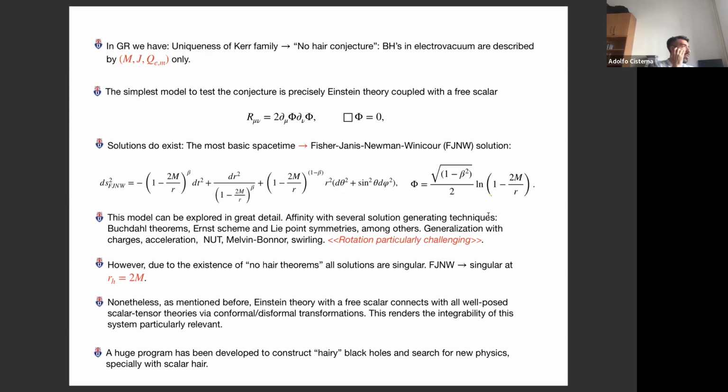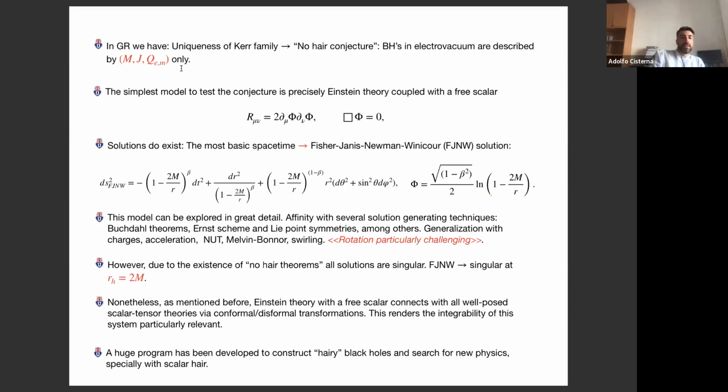This implies that it doesn't matter which is the type of matter that produces the black hole via collapse. Any other property besides M, J, and Q is going to be either eaten up by the black hole or radiated away, and the final description of the black hole is going to be given by these three quantities. These uniqueness theorems are valid under certain conditions, like asymptotic flatness and others. And all of these conditions basically reduce you to the Kerr-Newman family, from which you extract Kerr, Reissner-Nordström, Schwarzschild, and all of these geometries.